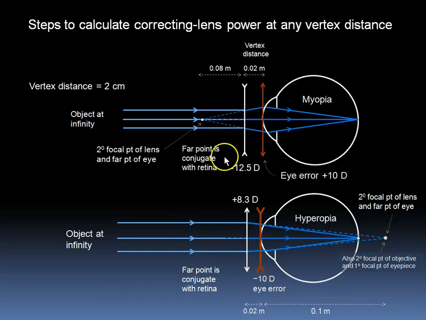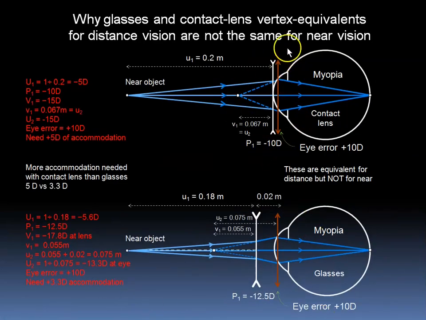As we have done earlier, we showed that this minus lens example is -12.5 at 0.02 meter, and this plus lens example is +8.3 at 0.02 meter in front. Saying that these two types of corrections are equivalent is only true when looking at objects that are far away, in which the incoming light is non-vergent. When the object is nearby and has divergent light, we have a different situation, in which the overall effects are not identical